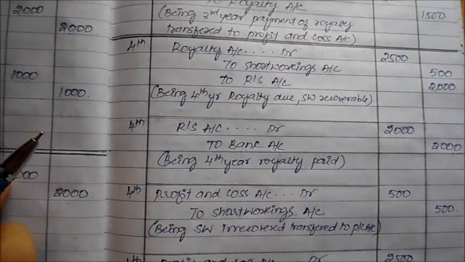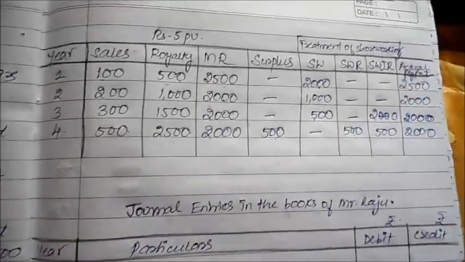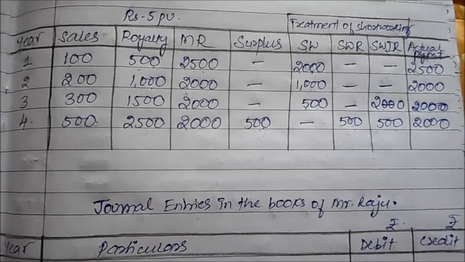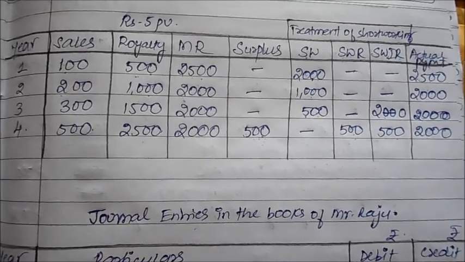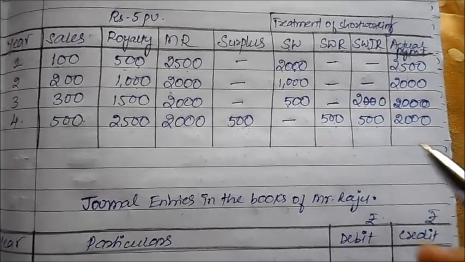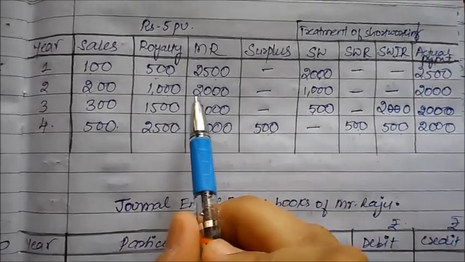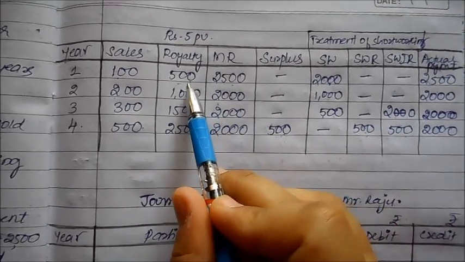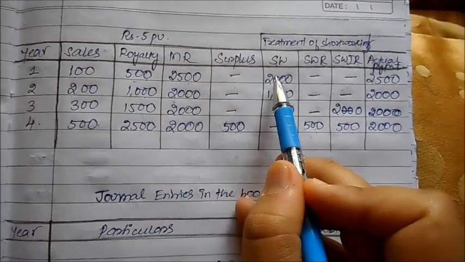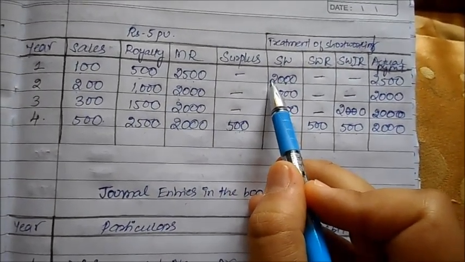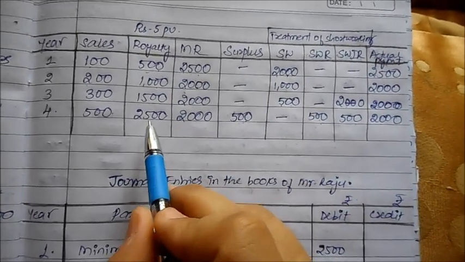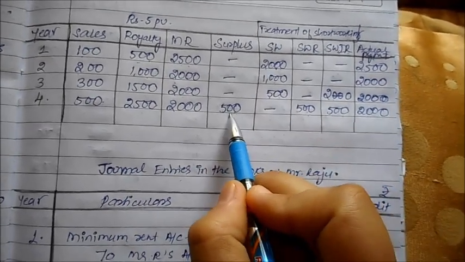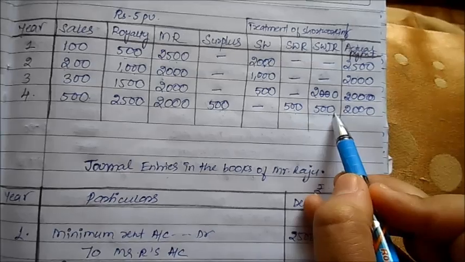So the entire concept, if you just notice, is revolving around this particular table. If you are capable of analyzing this particular table carefully, then your recording of journal entries will become extremely clear, right? The entire process happens: short working whenever royalty is less than minimum rent. I paid more than what is expected, that means I paid extra. Any losses in royalty terms, we will call it short working. Here royalty was more than minimum rent, that means whatever the previous losses are, I will be capable of recovering them in the coming years, right?